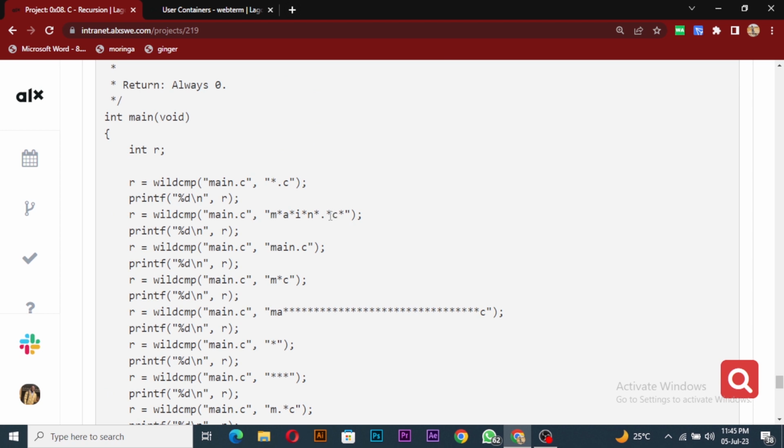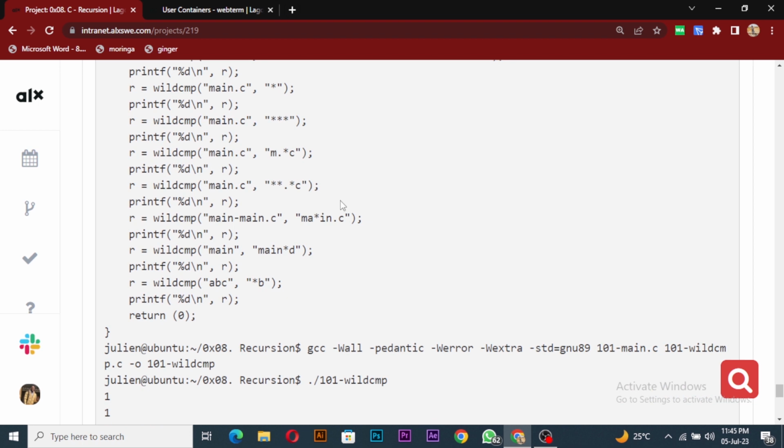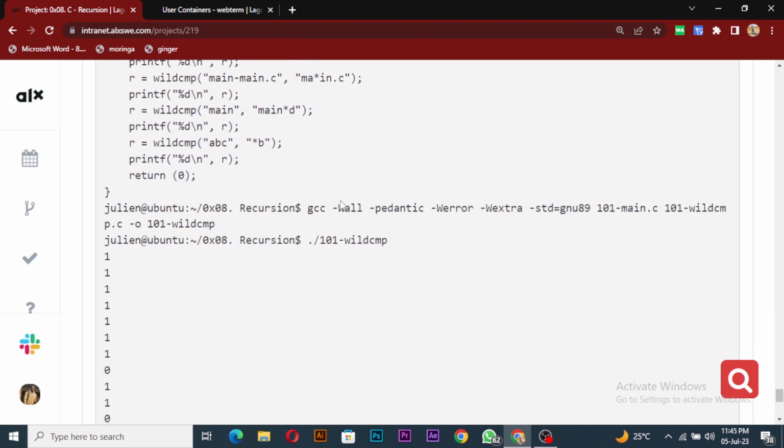Main.c, this is the same thing. Main.c, same thing, right? And then we have this one, which is just saying that star is going to start with n and then star is going to end with c. That's why it's the same. This one main, this one is the same. So this guy is saying that there's something here, there's something here. All right, so the one that is not the same, if you count 1, 2, 3, 4, 5, 6, 7,